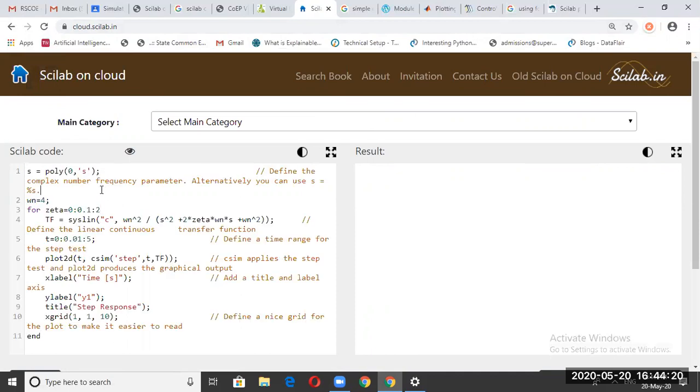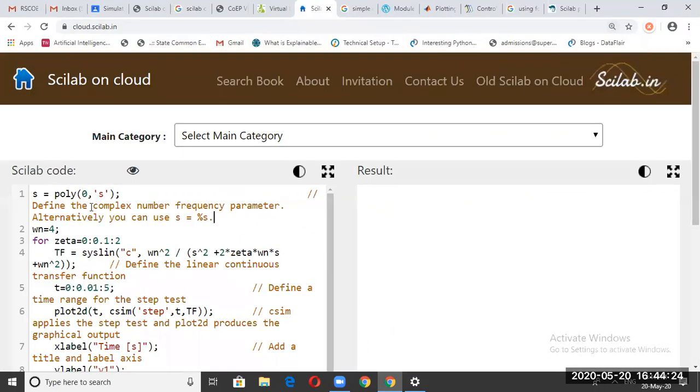So I have a code here, where s is equal to poly, that is polynomial 0 s. So we are simply defining the complex number, that is the complex frequency.